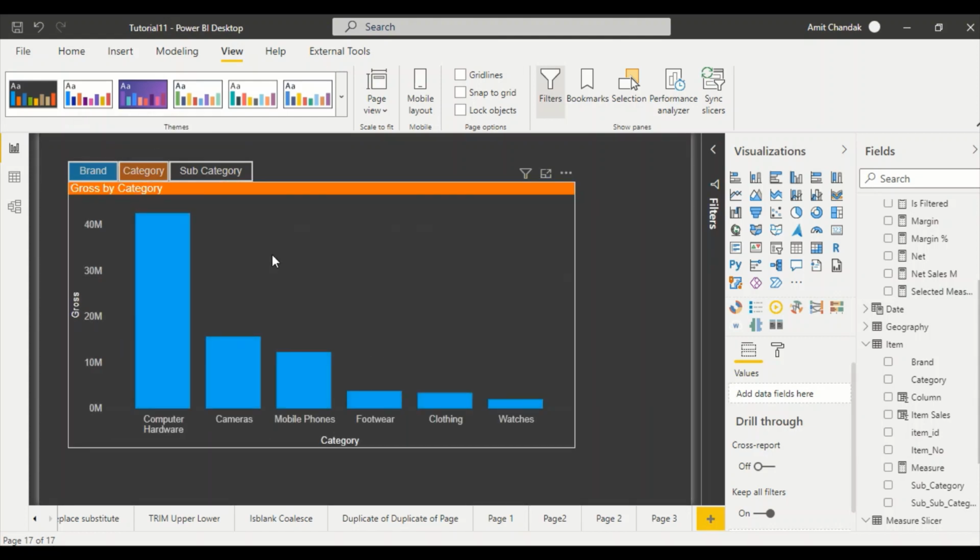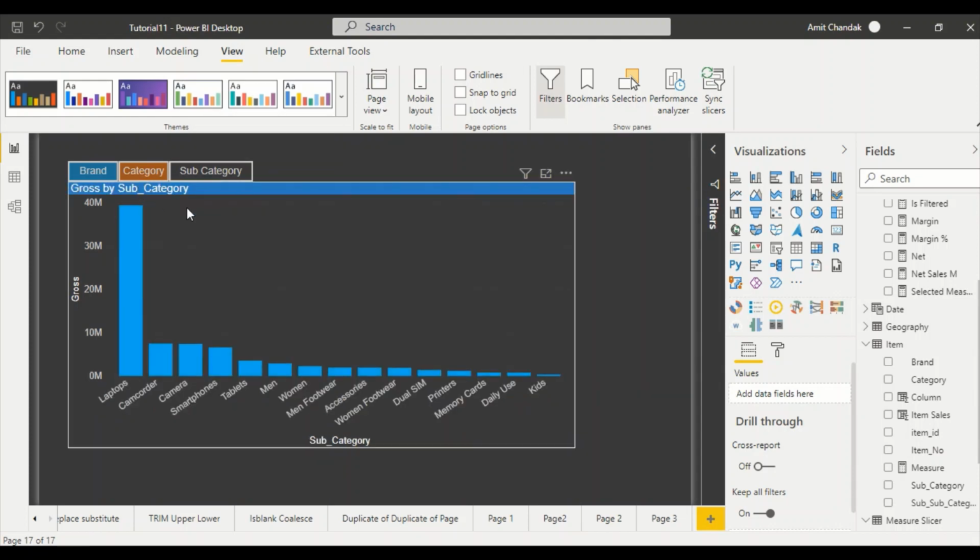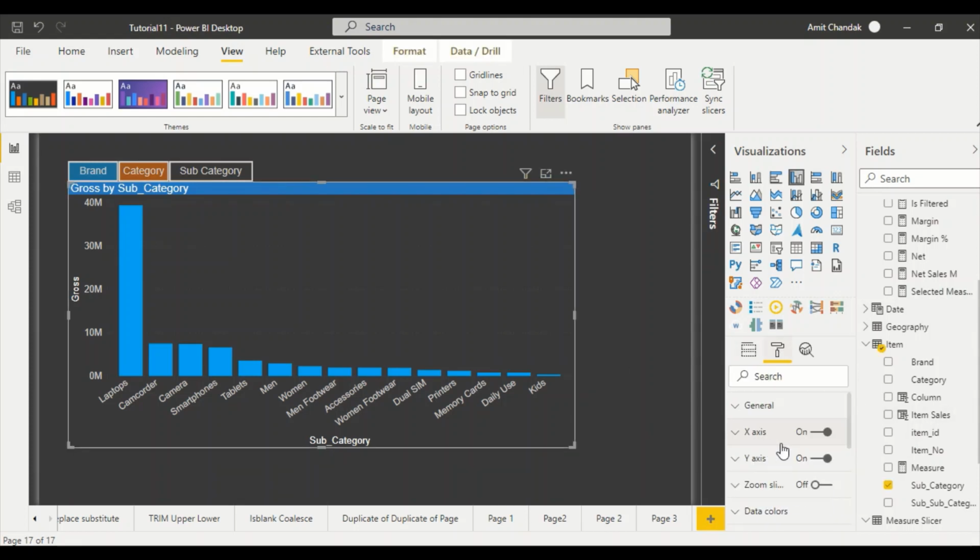It's going to be this, and then I can remove the lines and all those, and it can give a tab-like feeling. And if I click on subcategory, this subcategory we actually colored, we can make it transparent so that it doesn't look like that. So all these things can be done. So you can do that.